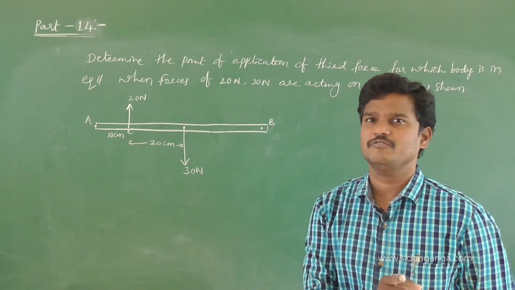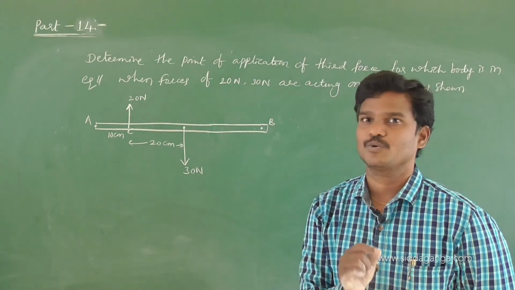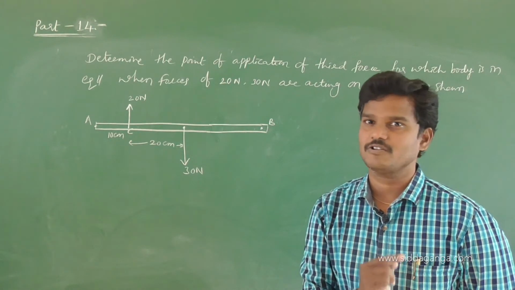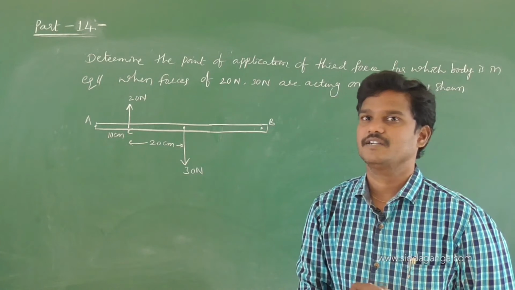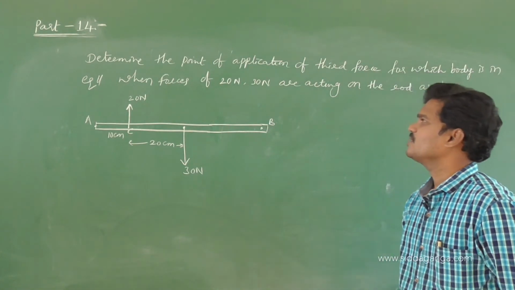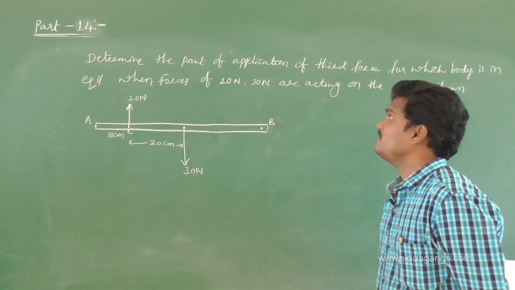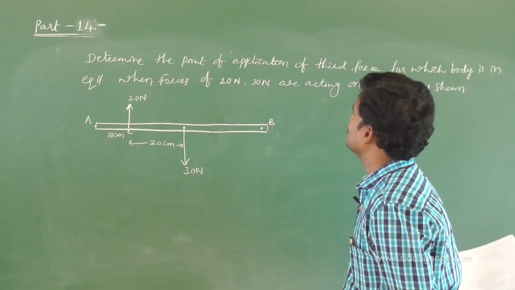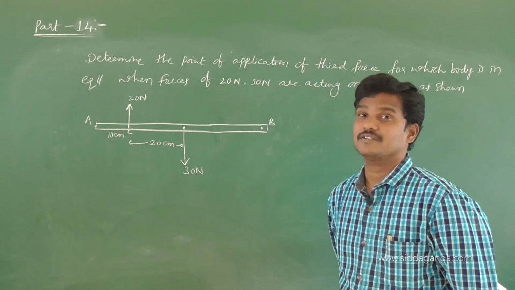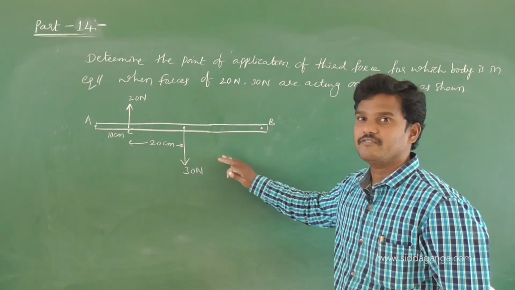Condition for mechanical equilibrium means it has translational equilibrium and it has rotational equilibrium. Two conditions. So, you have to take two equations and solve them. We will get the resultant answer. Let us see what is the question first. What is the target? We have to find the point of application of third force, means at what place you have to apply the third force so that this rod is in mechanical equilibrium.